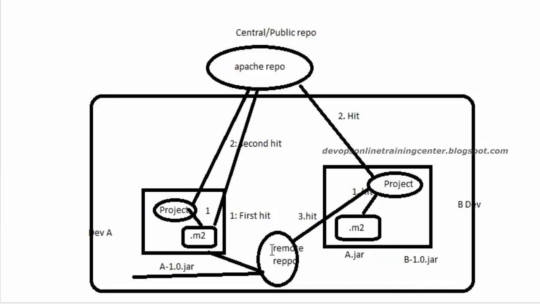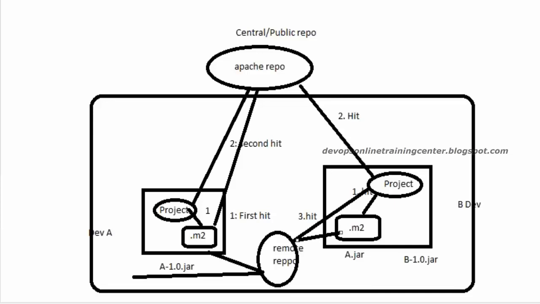It is there. Now from here, what it will do is, just like how it is downloaded from the central repository, it will download to your .m2. Okay, it will not make it available to you directly. It will download into your .m2 and keep it in your .m2. If you do a second build, it will not download from the remote repository again, guys. Even if it is within your company, it will not download again, because it is an unnecessary, expensive operation within the network. So that's the reason it keeps it in your .m2, and it will look into the .m2